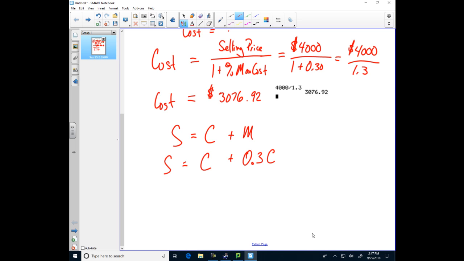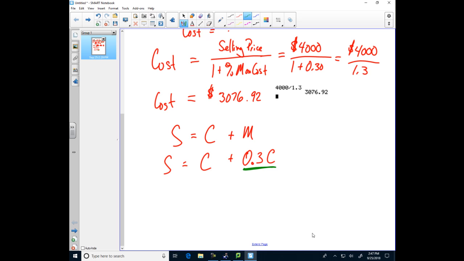So think about how I got that. Instead of M, now I have 0.3 times C. I got that from the problem, actually. It says percent markup on cost is 30%. So instead of M, I write down